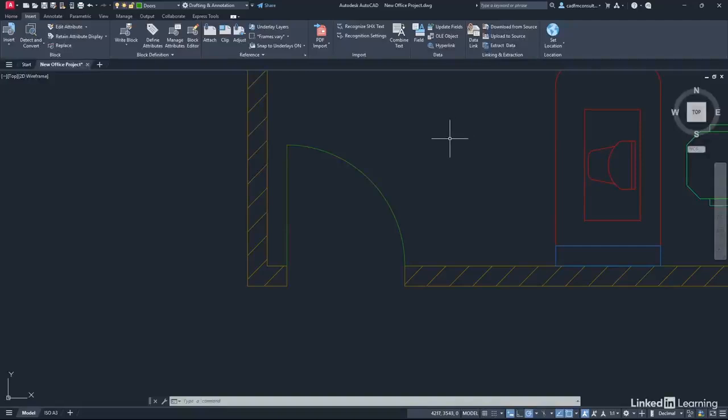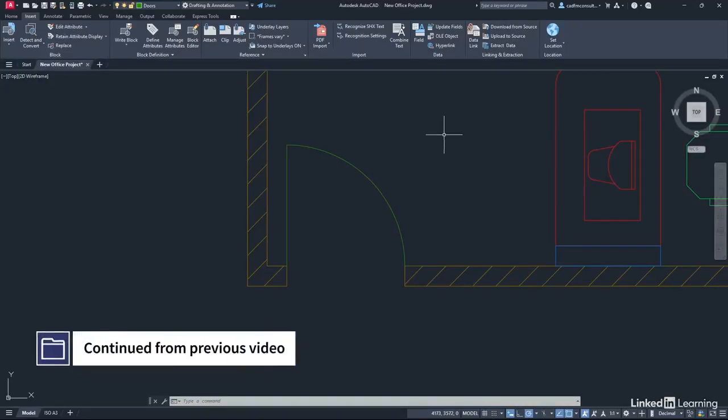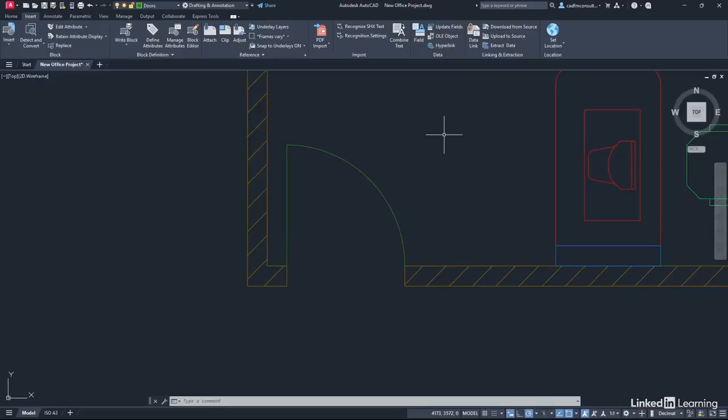Once again, we're staying in our new office project.dwg file. Now, what I'm going to show you is a really nice little feature in AutoCAD. It's called WBLOCK or write block, and that allows you to write a block to its own separate DWG file, which you can then bring in